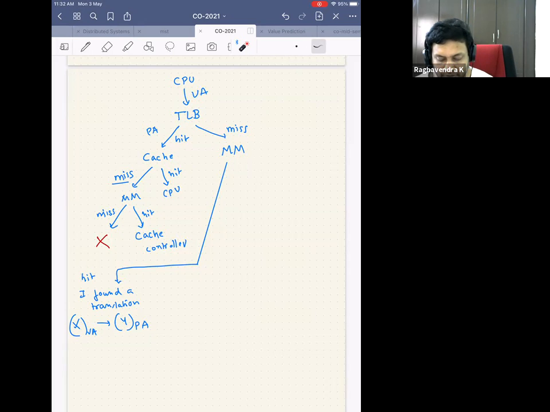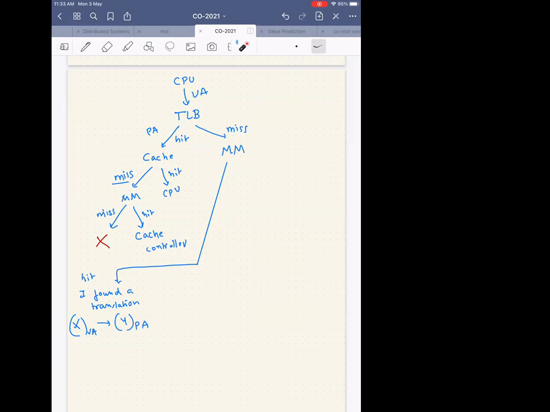Okay. So let's assume that I found a translation and got the physical address. Now maybe I read it from the main memory and take it back to the cache, but I search whether it's in the cache or not. If it's a hit in the cache, then I forget what I have brought from the main memory, because the cache will have the updated value. I give it back. But if it's a miss in the cache, then I will use the data that I brought from the main memory and keep it in the cache, because I am assuming that there's spatial locality, and then I bring it to this.